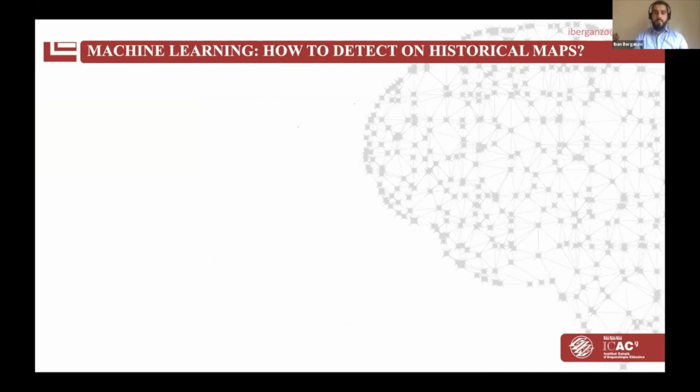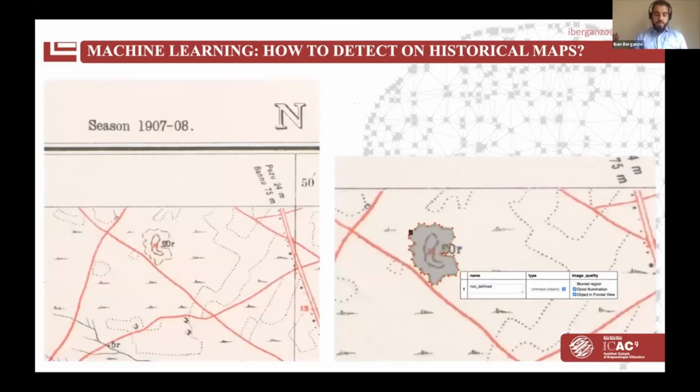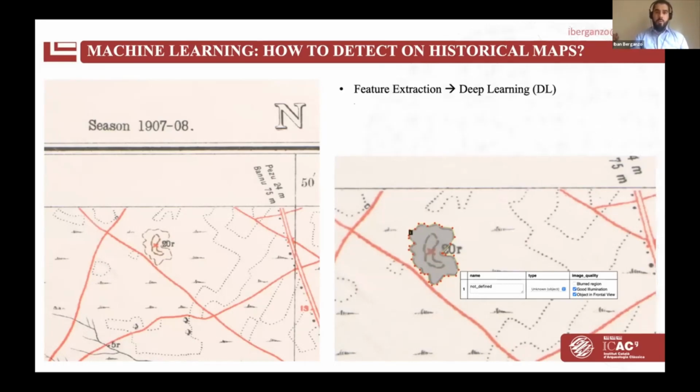after knowing what learning is, what machine learning is, how to detect archaeological features on historical maps. As we saw before, the previous speaker says, this is a mound in a map, and we want to detect them. So first of all, as we see, here is an image, and the mound is in a position that does not correspond with the whole image. So we need to